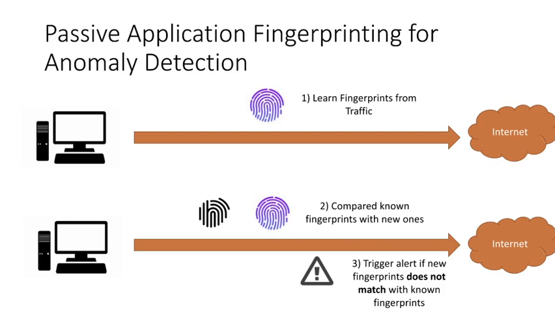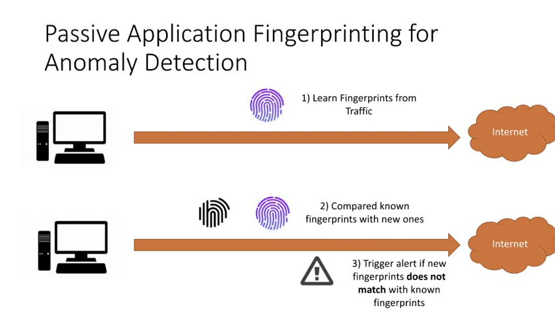So HeadPrint is a system that tries to apply passive application fingerprinting for anomaly detection. At a high level, it works as follows. We have a security monitor that inspects the traffic of one or more machines. And from the traffic, it tries to identify and extract fingerprints from different applications that are generating the traffic from that